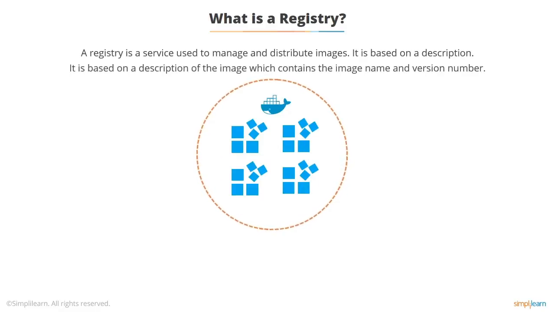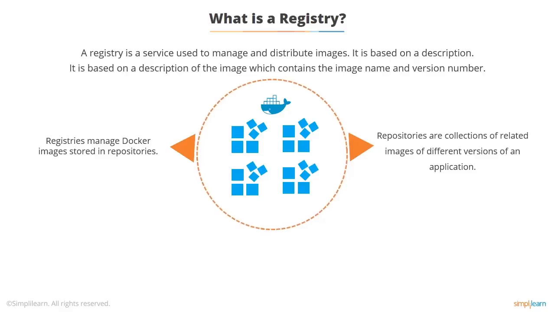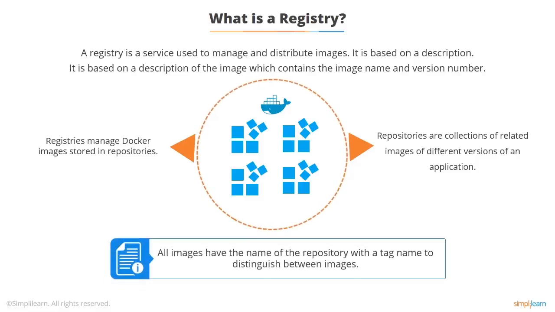A registry is a manager of repositories, and a repository is basically all of the versions of the same image. So typically a repository only contains one image, but it contains multiple versions of it. You have the idea of a tag which tells Docker which repository to use and which image to use.